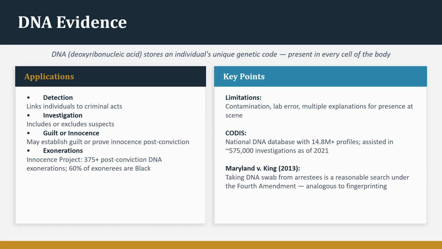It integrates DNA profiles from all 50 states and the federal government. As of October of 2021, CODIS contained over 14.8 million profiles and had assisted in nearly 575,000 investigations. All 50 states collect DNA from convicted felons. 28 states and the federal government also collect DNA from individuals who are just arrested, not convicted, but arrested for certain